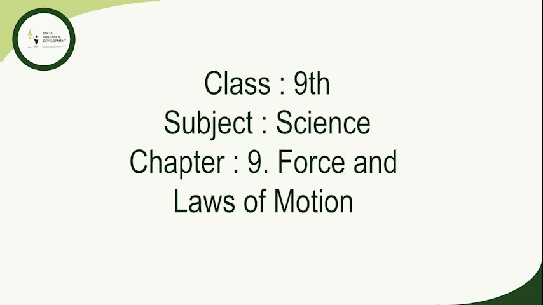Now we will cover a couple of problems related to the second law of motion. So now the first question is, a constant force acts on an object of mass 5 kg for a duration of 2 seconds. It increases the object's velocity from 3 meter per second to 7 meter per second. Find the magnitude of applied force. If force was applied for a duration of 5 seconds, what would be the final velocity of the object?